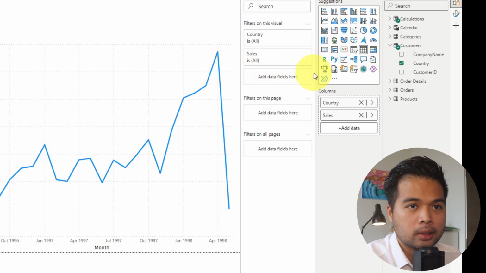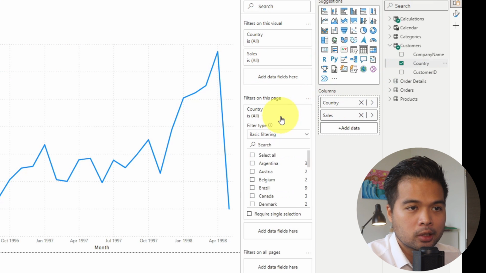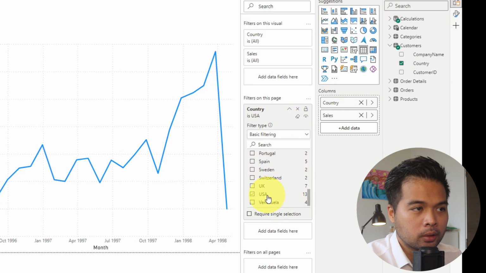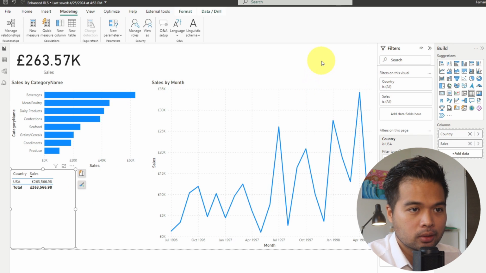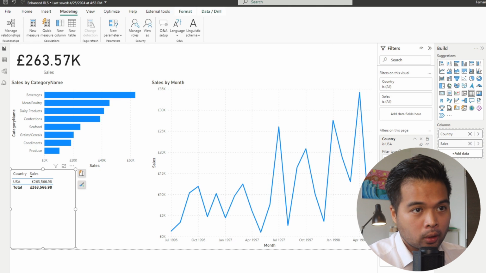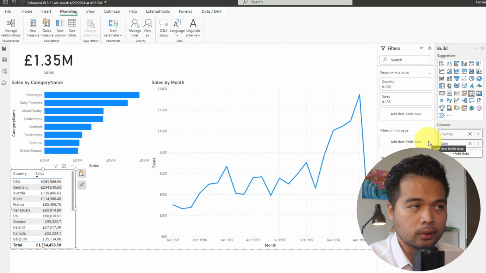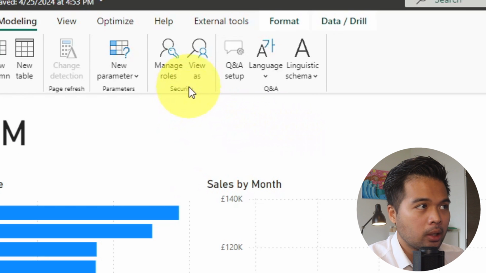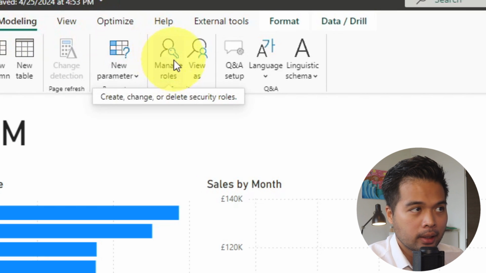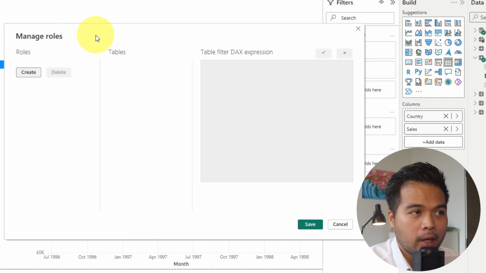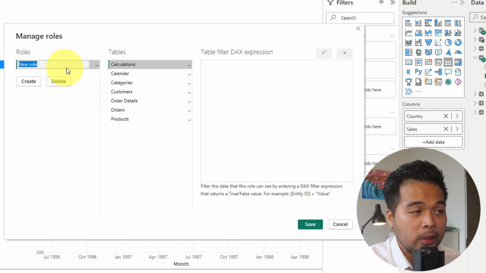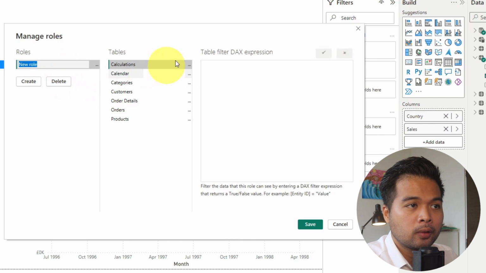Essentially what we want to do is, if we have the country as a filter on this page, for USA, we just want this to be filtered to USA like this. So that is the scenario that we're going to work on first for this basic RLS setup. So I'm just going to delete this filter on this page. We're going to create this role for USA users by going to the Modeling ribbon on the top and then selecting Manage Roles. From this window, you are able to create multiple roles here, which if we just click Create, we can rename our role. And as you can see, it's filled up these two other boxes here on the right-hand side, which lets you add